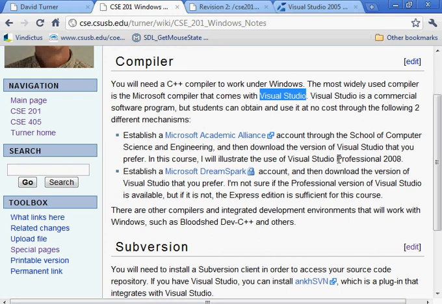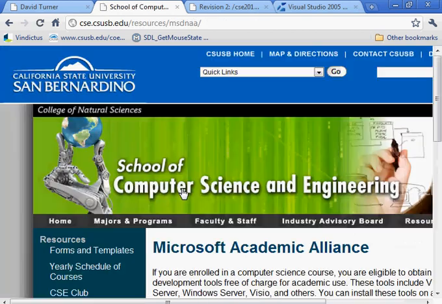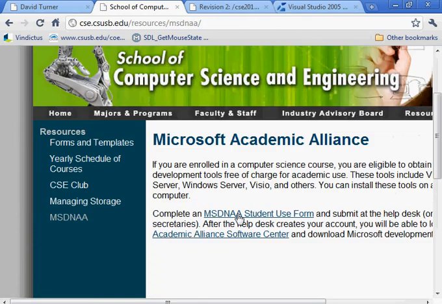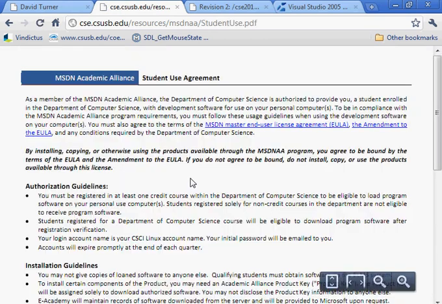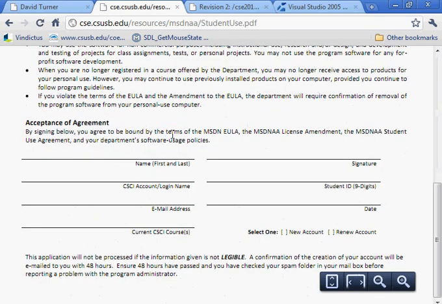There are two different versions of Visual Studio. One is called the Professional version, the other is called the Express version. I will be illustrating how to do the problems using the Professional version. You have two ways of obtaining that for free. One is through this link here to the Microsoft Academic Alliance web page. This is a page that we maintain. You need to fill out this application form, sign, and so on, and submit that to